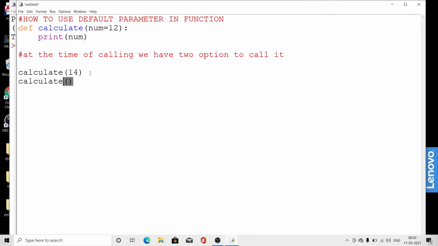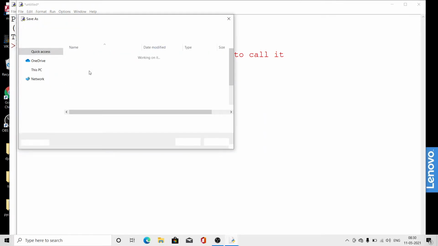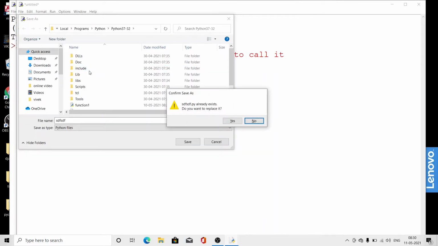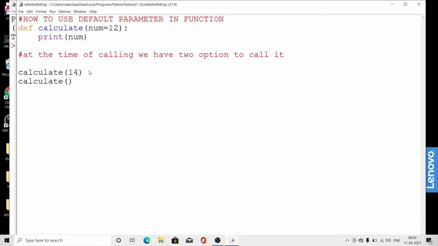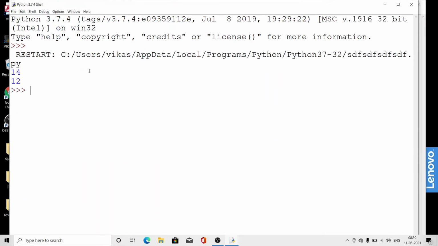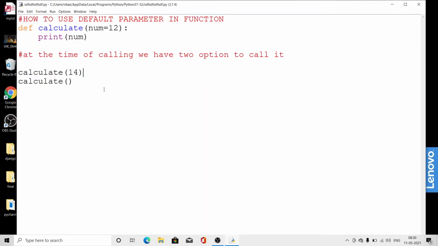It will be 12. Come, I will show the output. One time it will display 14 and another time it displays 12. So that is known as what? Default parameter argument. Clear?